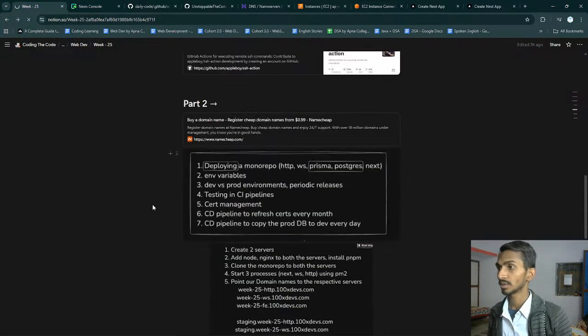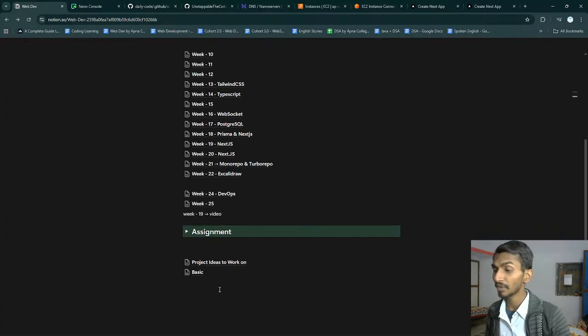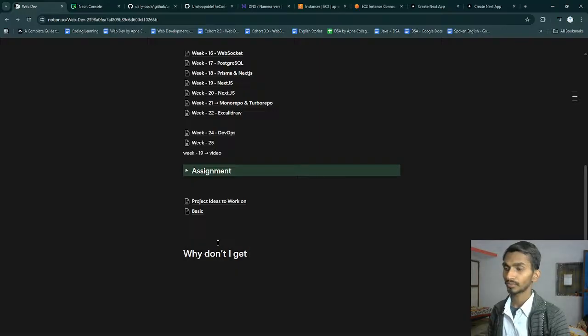Biggest question. Excuse me. I will be keeping it here. H1: Why don't I get any data on the Next.js app page when deployed on an EC2 VM?